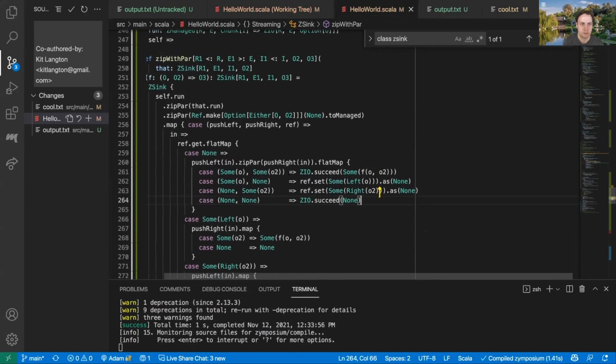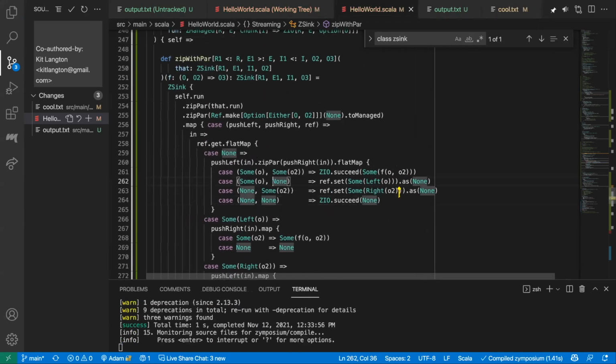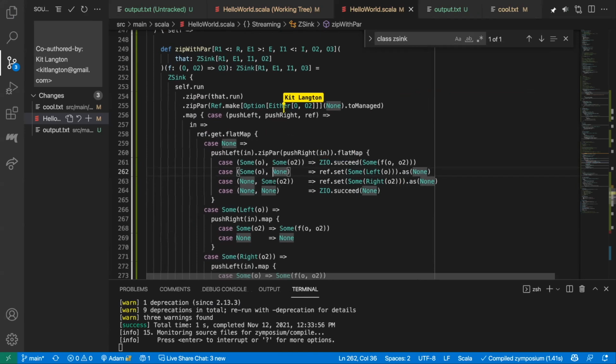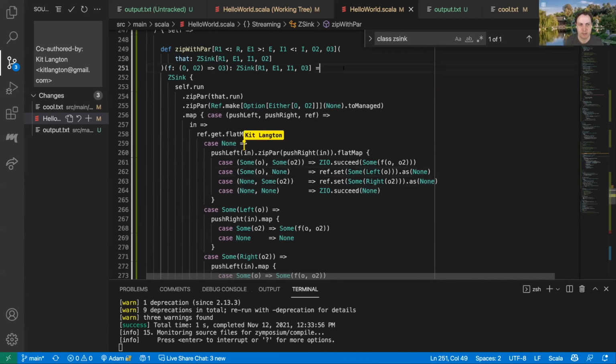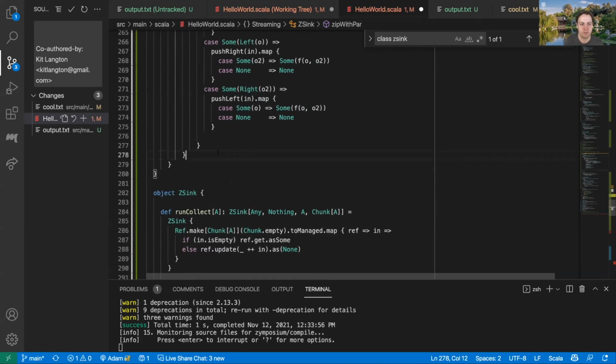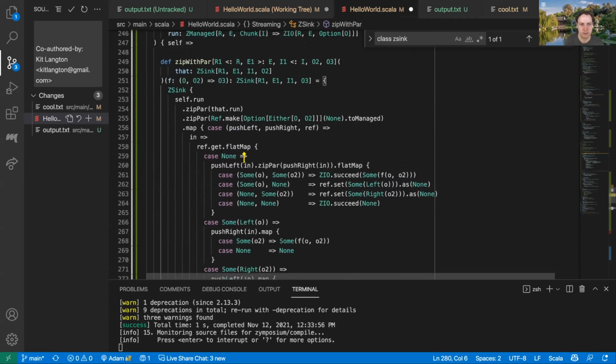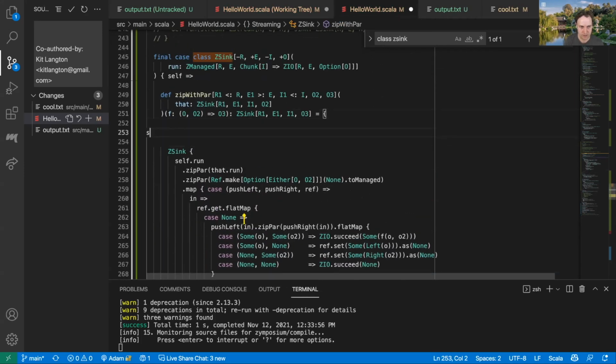Okay. And maybe this is the case where we want some sort of bespoke type, because we're doing this type math. We need to represent these three different states, so an option of an either. Right. This is a great case to do something. Oftentimes for operators like this, it's a great time to do something like